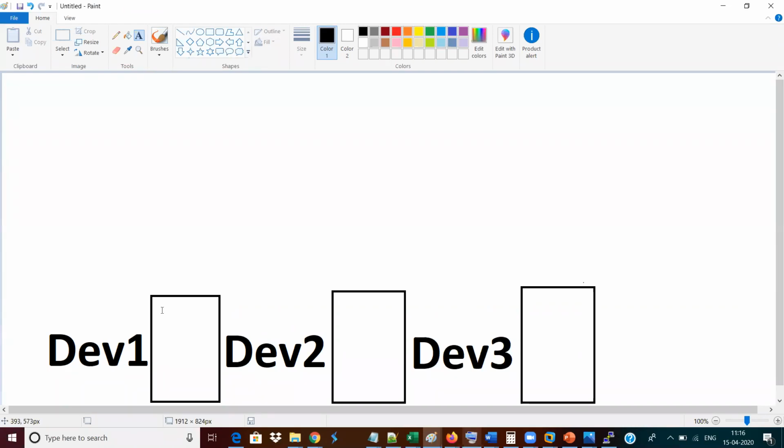Now I have installed my Git, right? Once I have installed Git, in this machine itself I will be getting one component, which I will be calling a local repository. So this local repository will be getting created under this particular machine itself. Now this local repository is available for you.